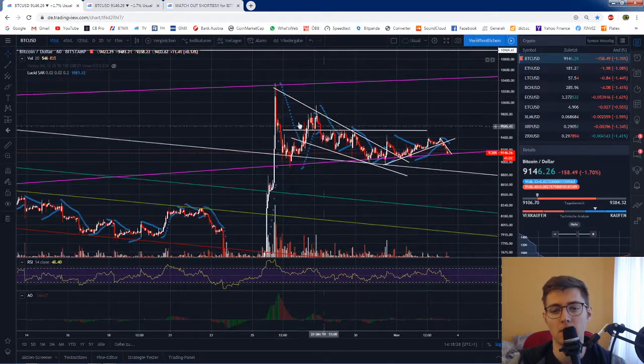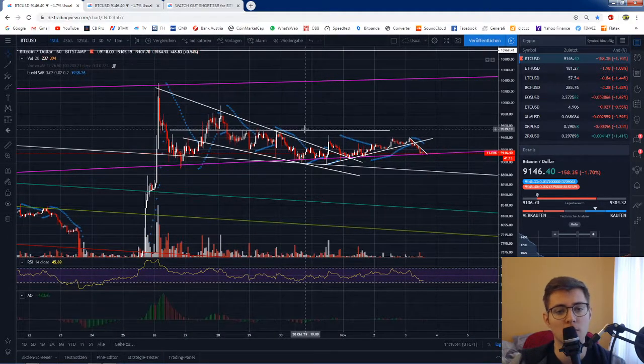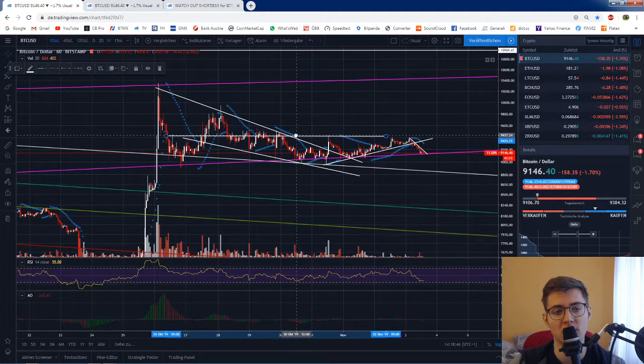So even if this trend line would be broken, price is most likely not responding too nicely. And another scenario which has some possibility of playing out is that this is